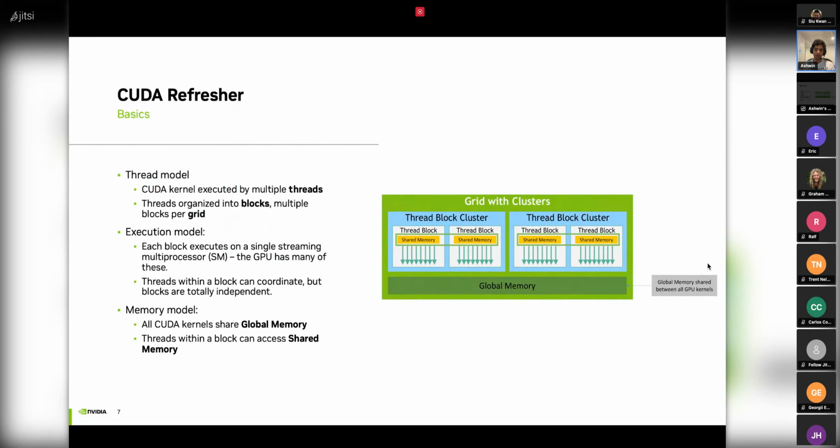Before we dive into the Numba CUDA code, I just want to do a quick CUDA refresher. As I mentioned, CUDA kernels, or functions that are executed on the GPU, are going to be executed by multiple threads simultaneously. These threads are organized into blocks, and then blocks themselves are organized into something called a grid. And so when you launch a CUDA kernel, you do so by specifying a grid of blocks. Each block is then going to execute on something called a streaming multiprocessor, which is part of a GPU. A GPU has many of these. And so several blocks are going to execute simultaneously on several streaming multiprocessors. Threads within a block can coordinate, like synchronize, but blocks execute completely independently of each other, and they can be